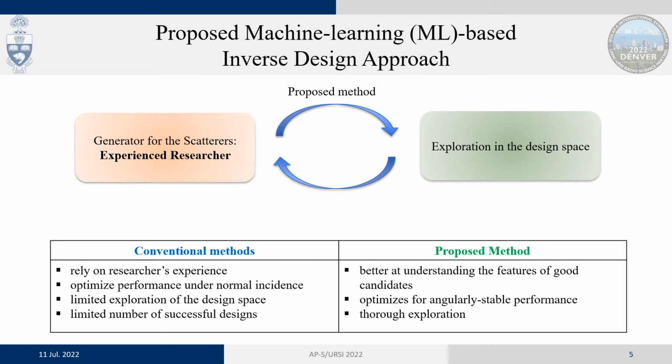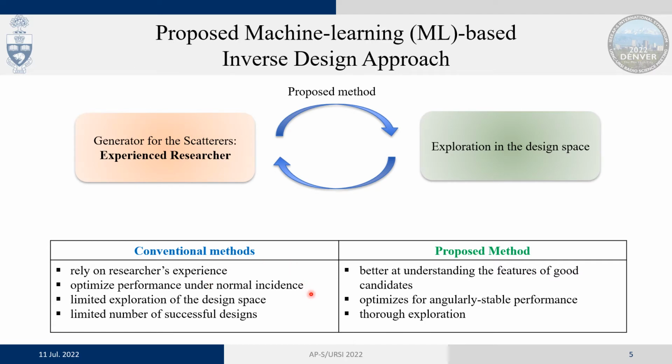Now that we know what we have to design, we propose an intelligent and systematic way, based on a machine learning approach, for the inverse design of this polarizing reflector. We employ a generator that acts like an experienced researcher and explores the design space efficiently. Compared to the conventional methods that rely on the researcher's experience and basically optimize the performance under normal incidence and